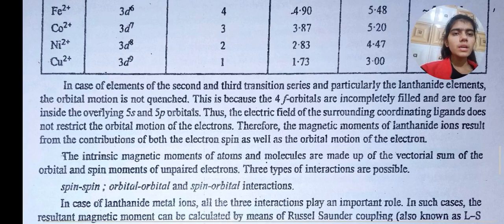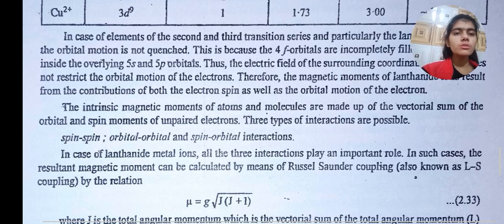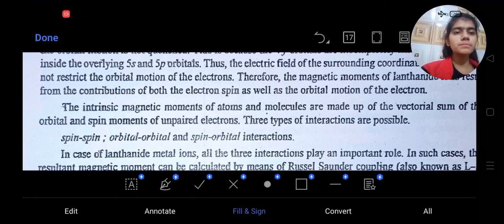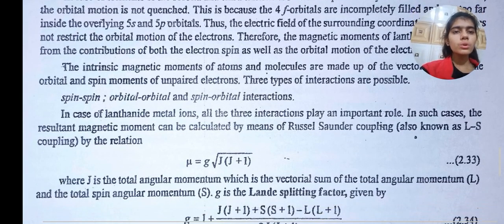The intrinsic magnetic moments of atoms and molecules are made up of the vectorial sum of orbital and spin moments of unpaired electrons. Three types of interactions are possible: spin-spin, orbital-orbital, and spin-orbital interactions. In case of lanthanide metal ions, all the three interactions play an important role. In such cases, the resultant magnetic moment can be calculated by means of Russell-Saunders coupling, also known as LS coupling, by the relation μ is equal to g under root J into J plus 1, where J is the total angular momentum, which is